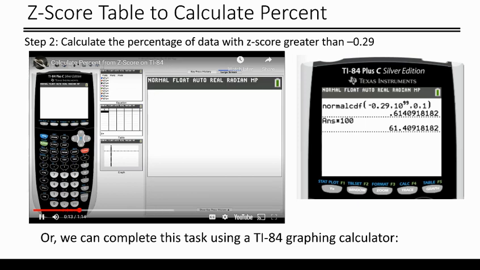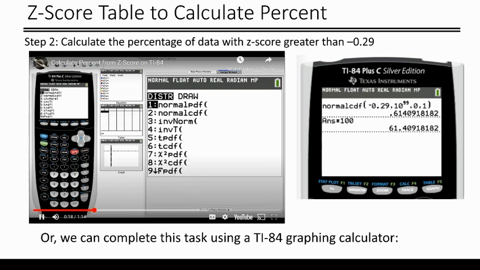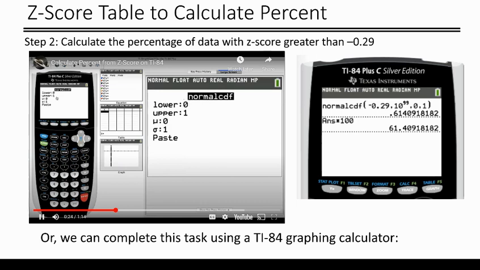So on our calculators, we can hit the second key, the vars button, because above it in blue it says distribution, and we're going to choose the cumulative distribution function, the CDF, and we're going to enter in our lower bound and our upper bound. So since we want a z-score of negative 0.29 or greater, we want our lower bound to be negative 0.29, and our upper bound, we're going to write 10 raised to the 99th power,